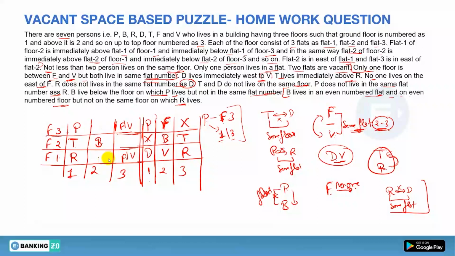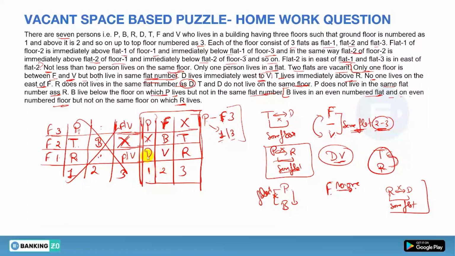Okay, so we need first of all D. D can be either here or here. Now either you put D here or here. This thing, that is P and R, does not share the same flat. So in this case P and R is sharing the same flat, so this is for sure wrong. So this will be the final possibility. Yes or no? Okay, so this will make the final possibility.